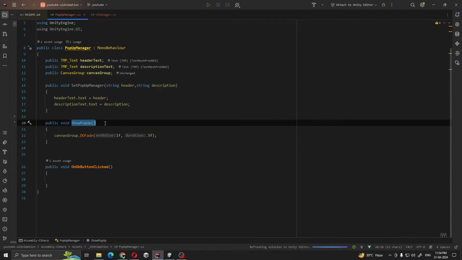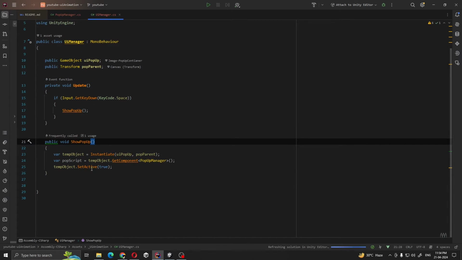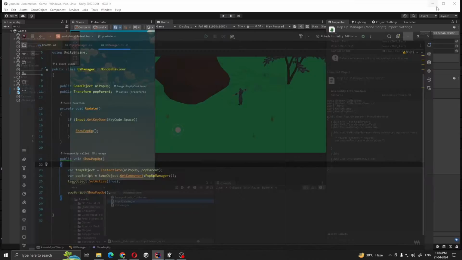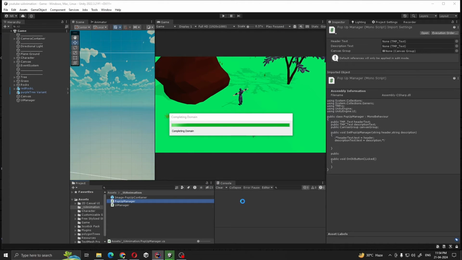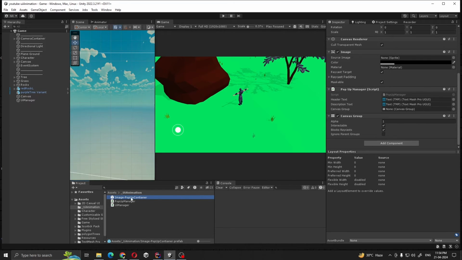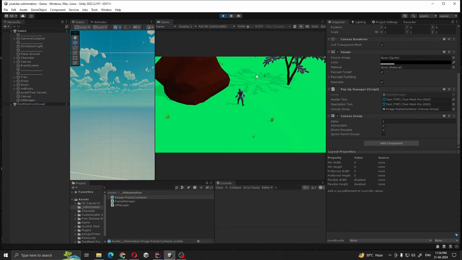We need to call this method from our UIManager. So popScript.ShowPopup. Go to Unity editor. We need to drag and drop our canvas group to script, and if we play right now and press space,